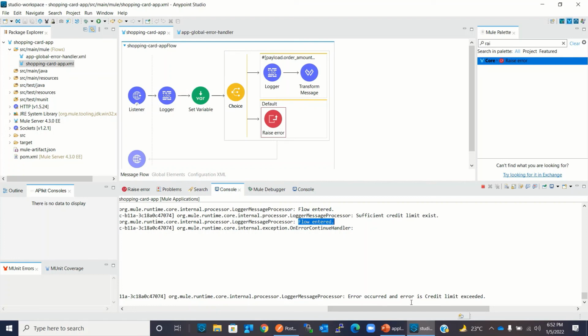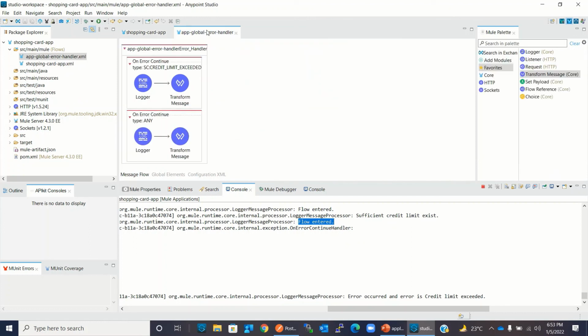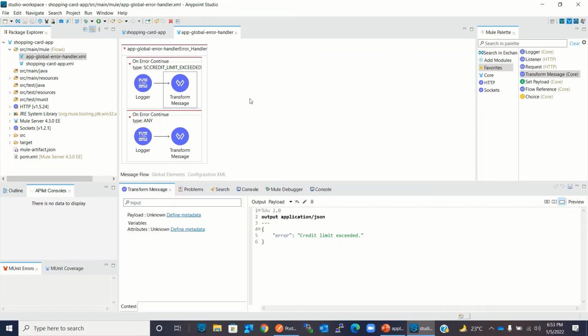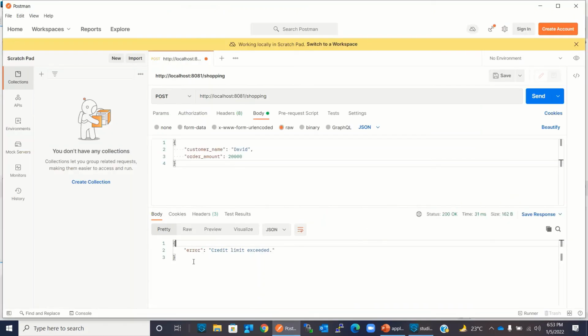Error occurred and error is credit limit exceeded. That is because it came to the application global error handler and on error continue caught this error and executed this logger. That's why we got the last log. And then transform message built the error payload and sent it to the postman. And that's what we are getting here.